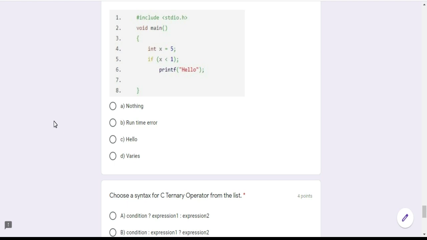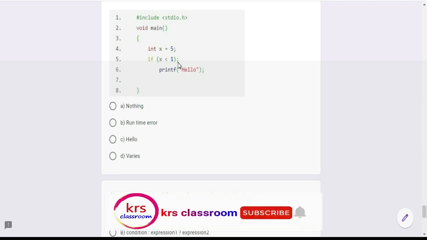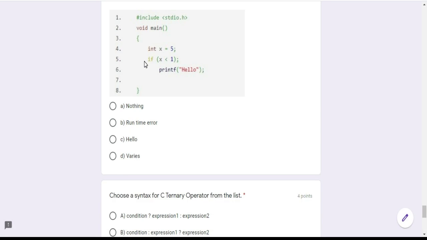But please note here: after if x less than 1, the close bracket is followed by a semicolon. What does this semicolon mean? A semicolon refers to the end of the statement. The end of the statement means this if statement is closed here. So what is the sixth line? printf hello. So this hello will be printed.